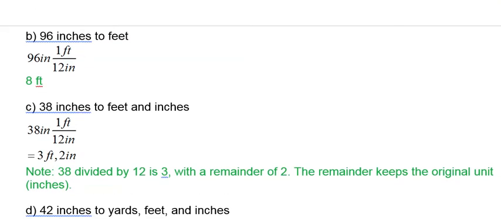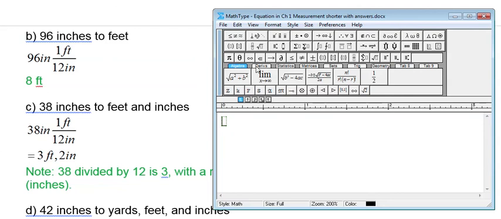So next one, 42 inches to yards, feet, and inches. And I see I didn't type all of my answer in here, so we're going to do that. So we're going to put an equation in there. So 42 inches. And we want to go to yards, feet, and inches, but we're going to do it by steps. So first we're going to go from inches to feet. So there is 1 foot for every 12 inches. And that's going to leave us with